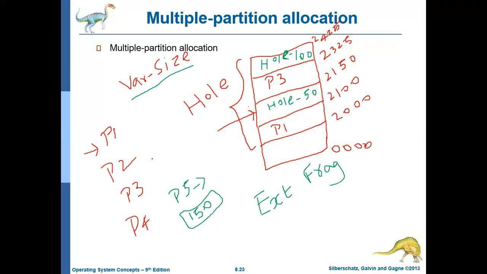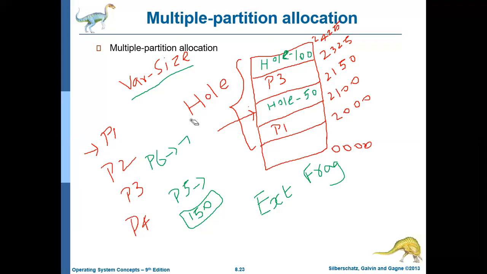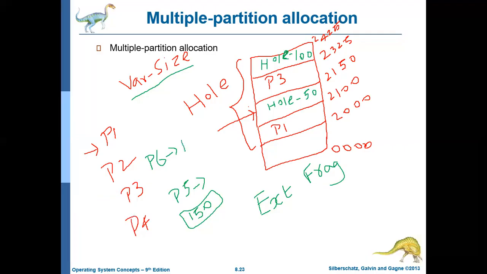Say after that another process P6 comes. Let us not assume 75. Say P6 is demanding 110 MB of memory.